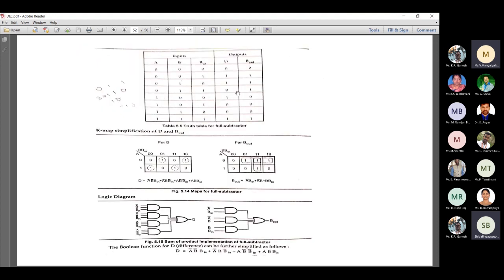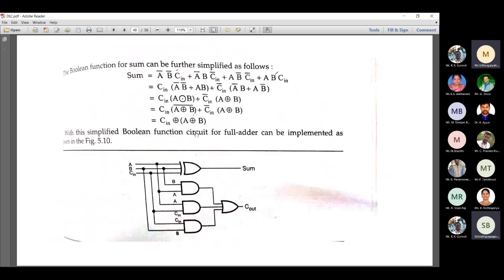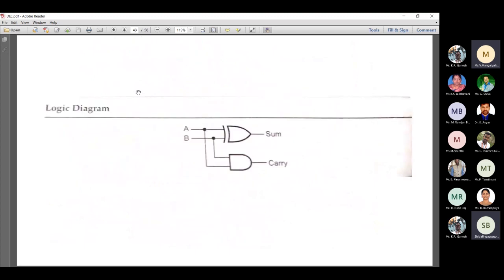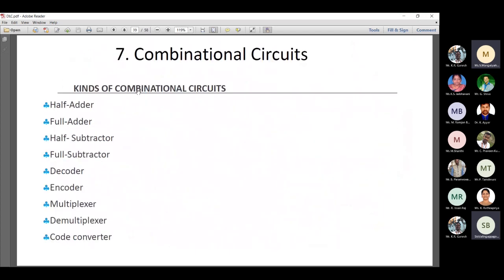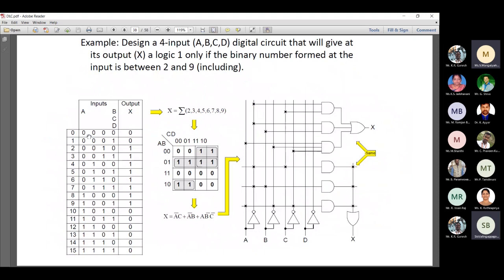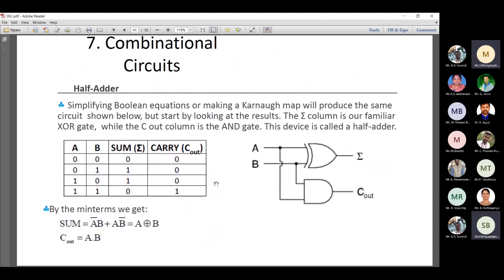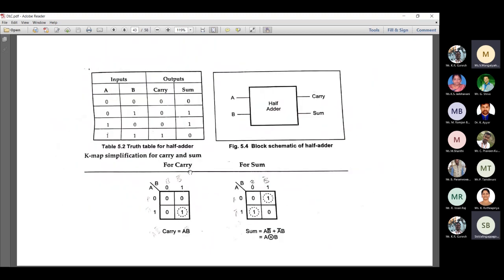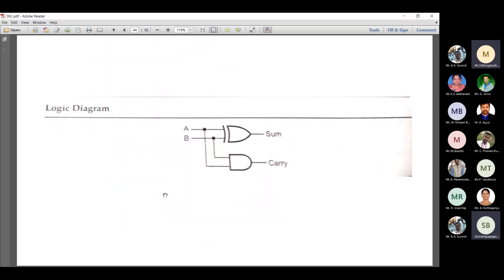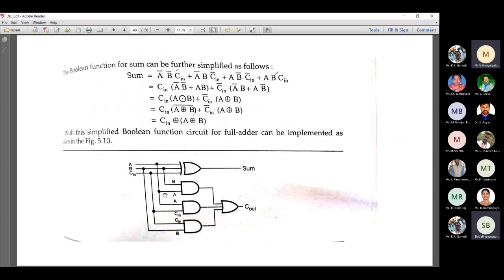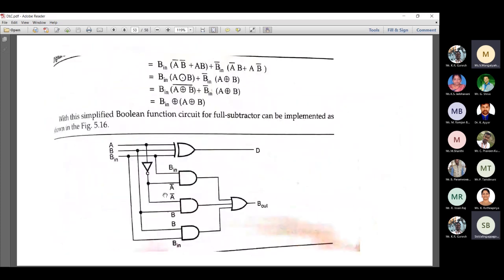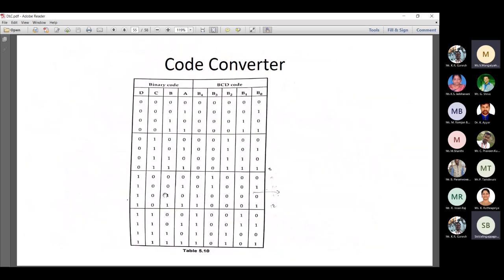So you have a truth table, and we convert it into a K map. If you are using three variables, a three variable K map is used. If you are using four variables, a four variable K map is used. Here you see we have four variables, A B C D, so a four variable K map is there. Here we have two variables, so a two variable K-map is used here. It depends upon the input, how many inputs are there. Based on that, we are going to use the map.